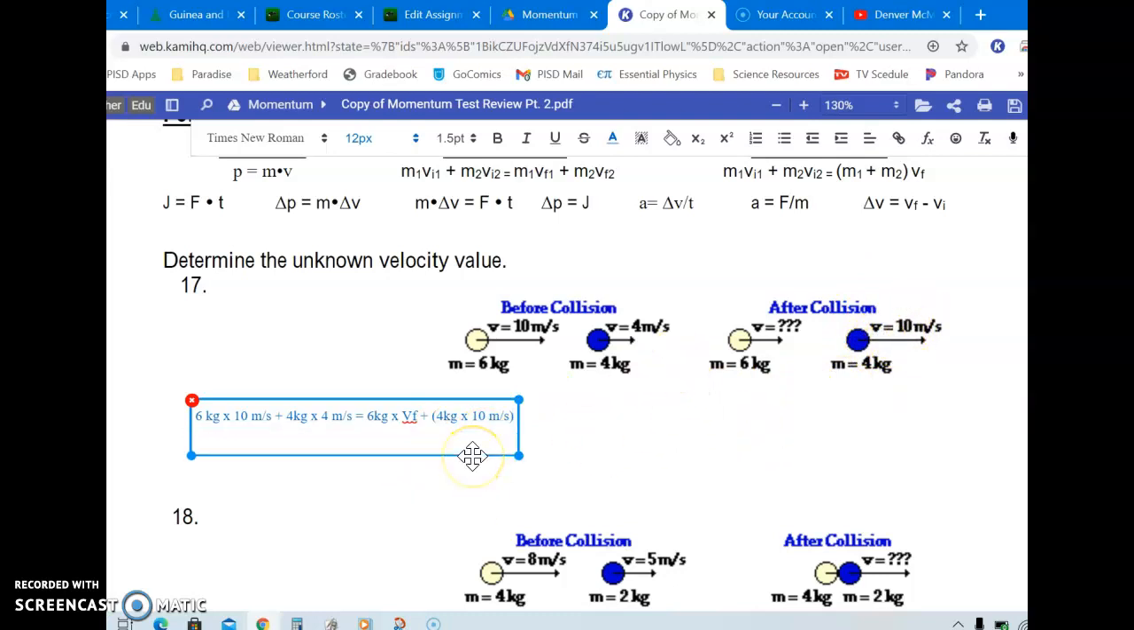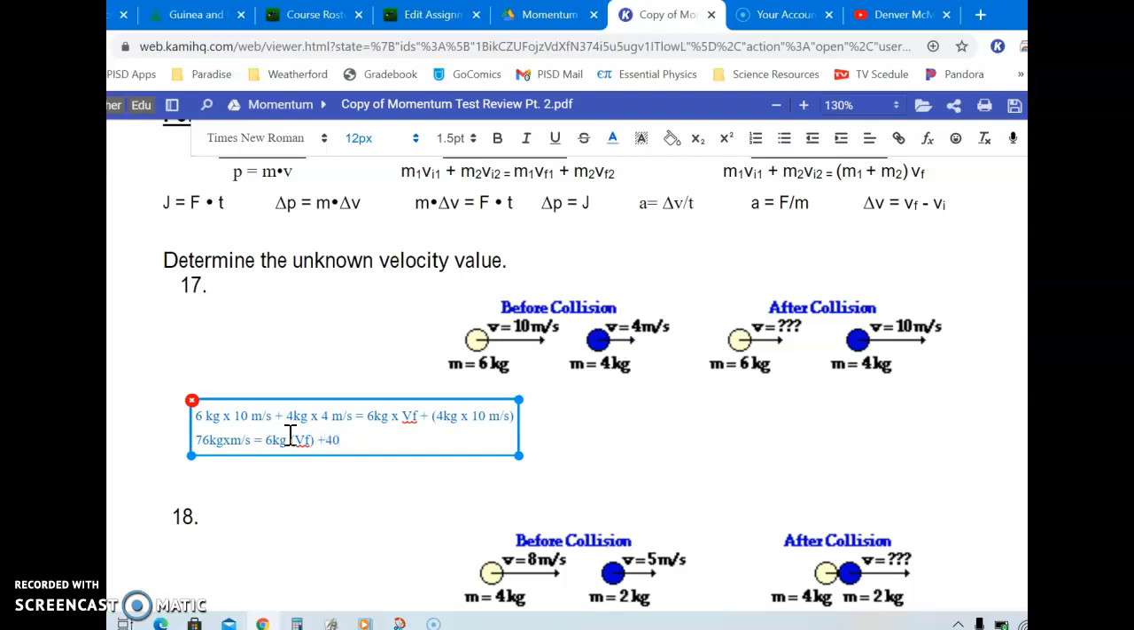Now, since we've already done that part, we can do this a little quicker. This is going to give you 60 plus 16, if you work those two out. And if we add those together, it would be 76 kilograms times meters per second, is equal to 6 kilograms, times the final velocity, plus